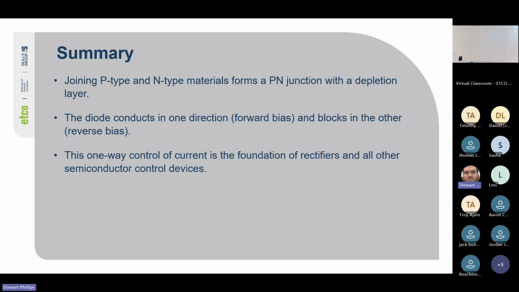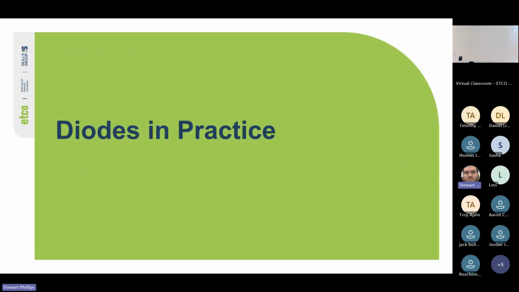Okay, cool. So, diodes in practice. We've seen that a diode allows current to flow in only one direction, like an electrical check valve. Now we'll look at how that behavior becomes incredibly useful in power supplies where we need DC from an AC source. So first we'll look at